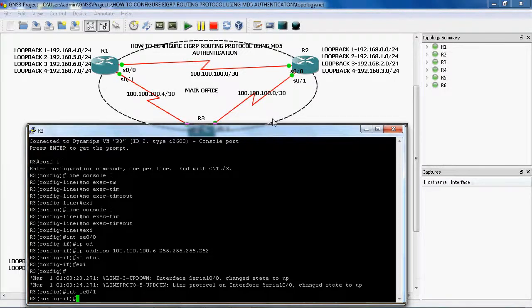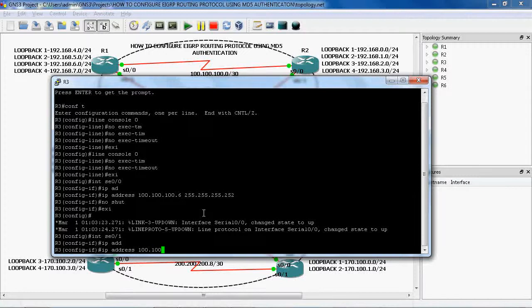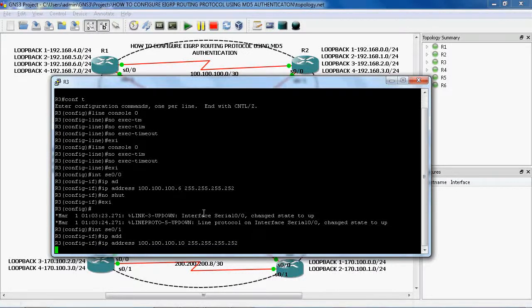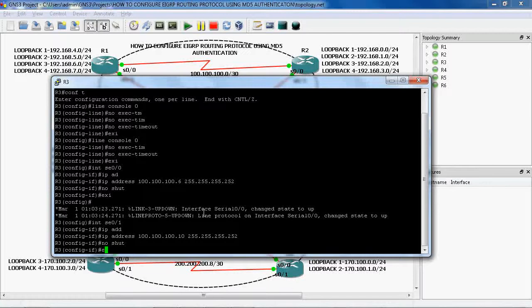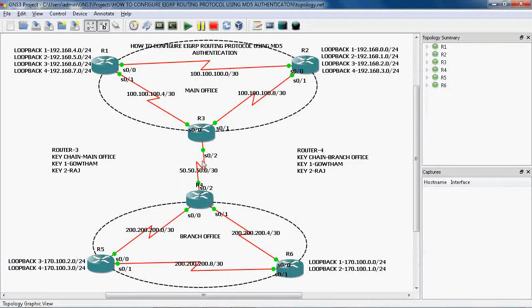Here we can use 10. ip address 100.100.100.10. The subnet mask is 255.255.255.252. no shutdown to enable this interface.